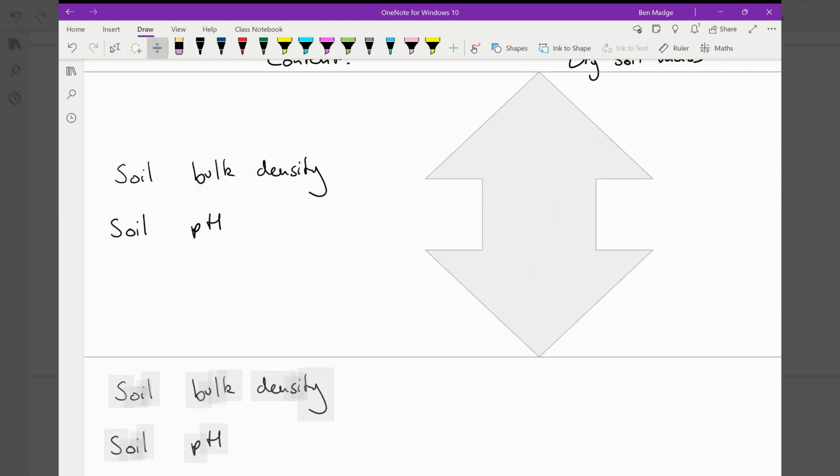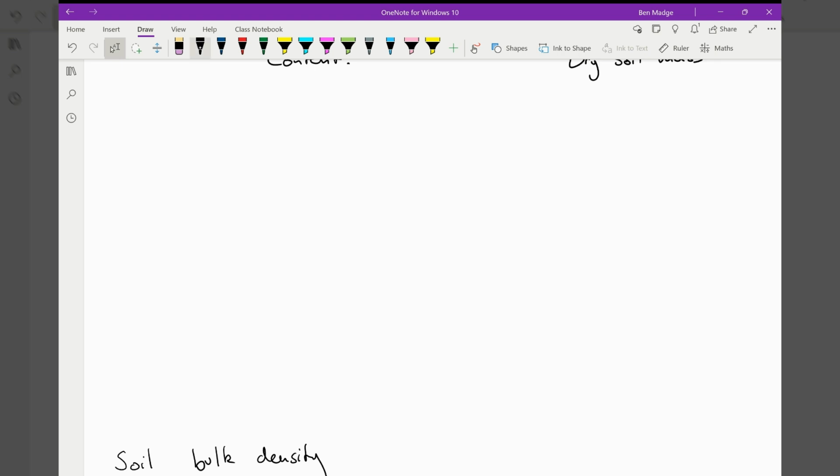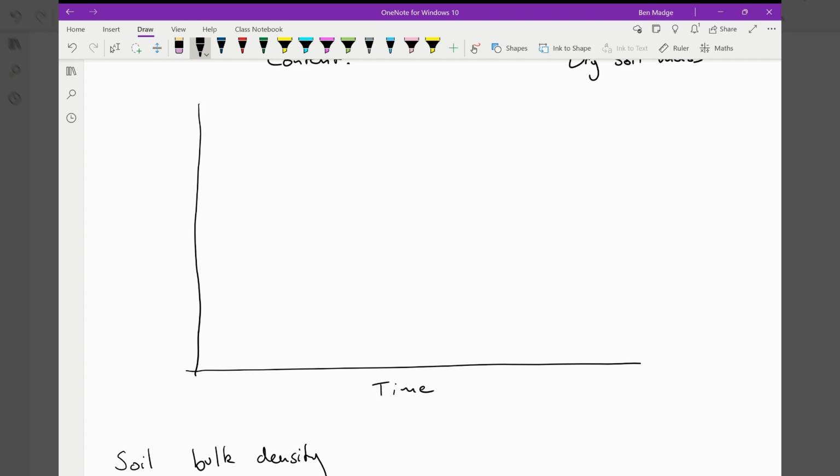Okay, so with both of these, you will often see an exam question shown with a graph. You have time along this axis, and mass on this axis. You start off with your soil sample weighing about this much, and you keep weighing it, and it stays around the same mass because you've got it in a sealed bag, so it's not going to lose anything. You then start to heat it, and over our first heating period, we lose mass until it reaches a constant